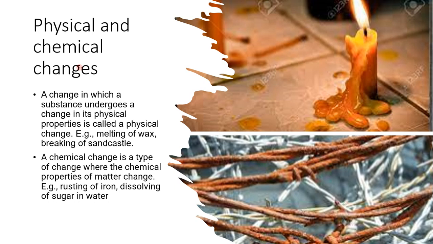If you take an iron piece and keep it in water for many days, like one month, then take that iron out, you see the rusting. To make it look like new iron, what will we do? Just paint the iron with a silver coat. That's all. But its property did not change back, unlike a physical change, right? If you remove that paint with the help of water, the rusting iron will be in the rusted position, not in the painted position. It is not new iron, it only looks like new iron. Like that, dissolving sugar in water.